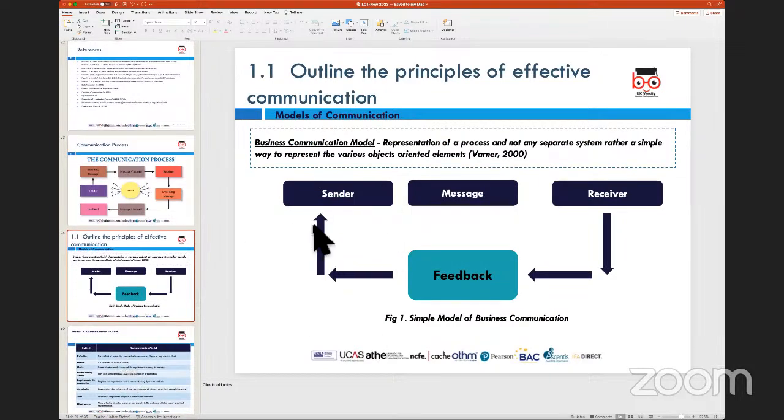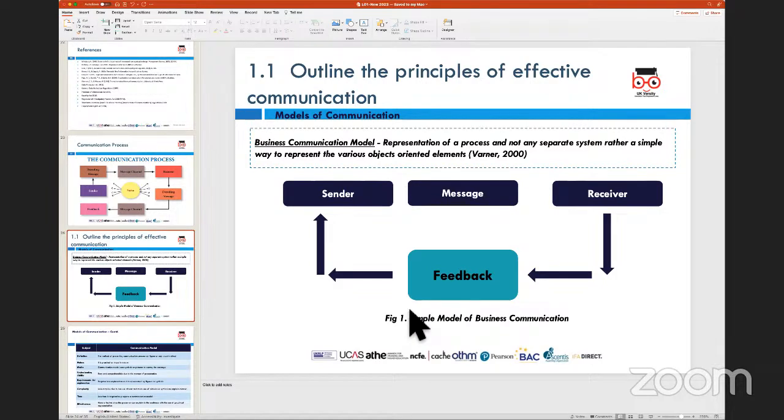Now, this can be translated into a basic model of communication. So as a sender, which is me, the lecturer or the tutor, I'm sending a message which is basically showing you PowerPoint slides. You're receiving it at your end. And if you have any questions and queries, you're asking, counter checking with me, or interjecting in terms of discussions. And that message coming back to me is essentially termed as feedback. And this particular process becomes a simple model of communication.